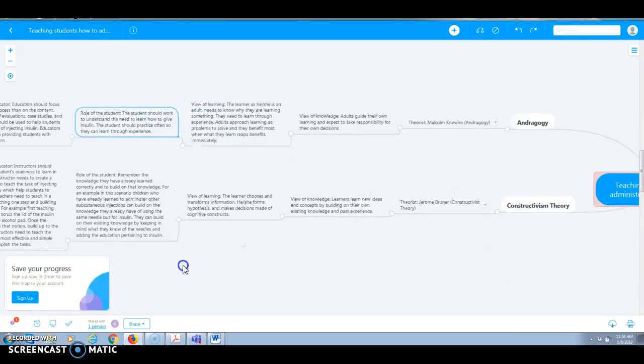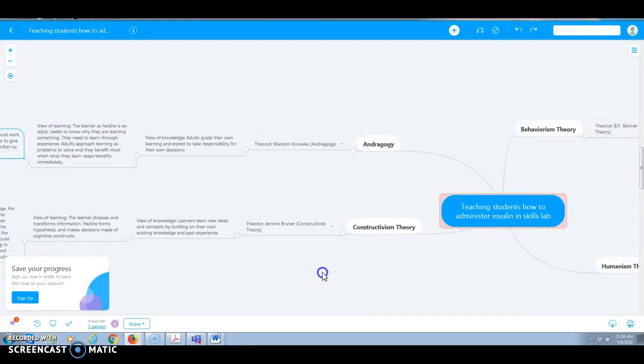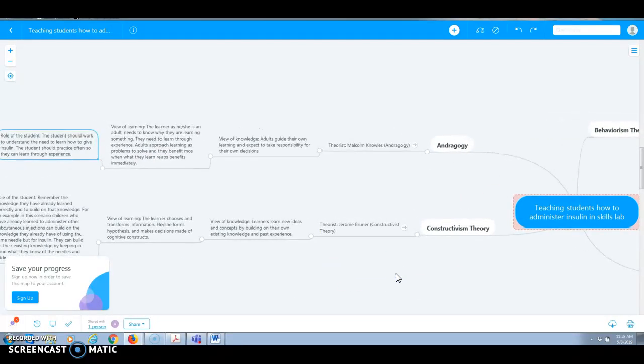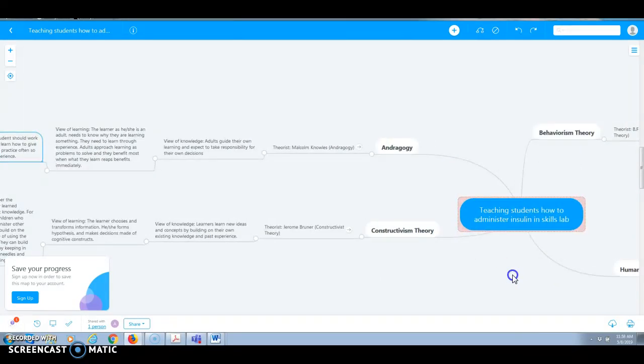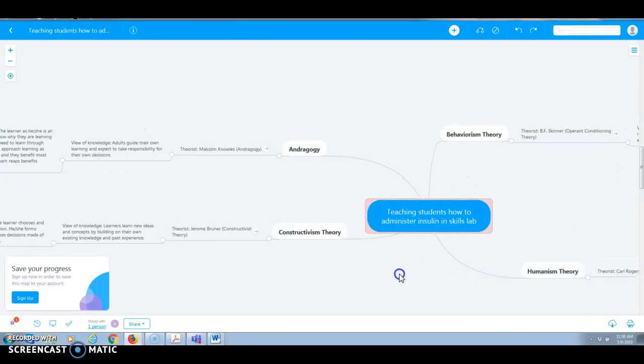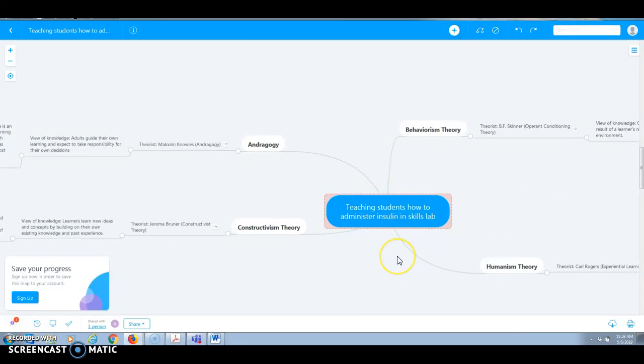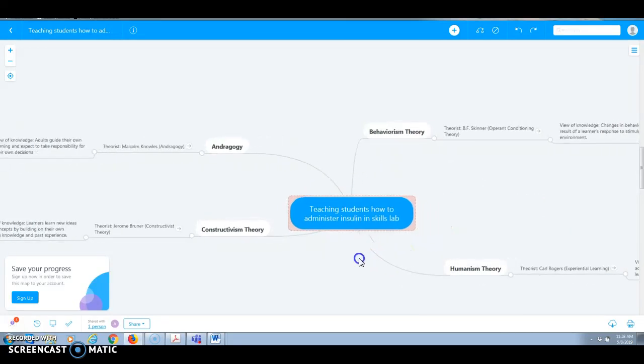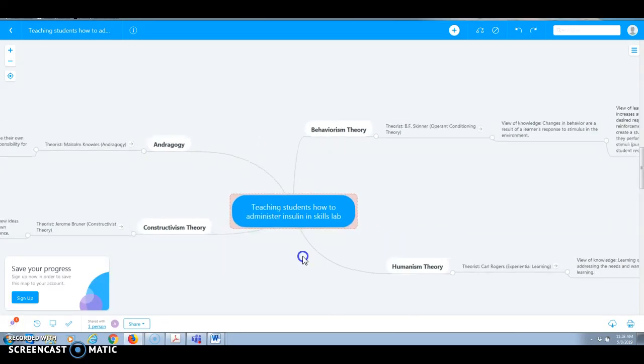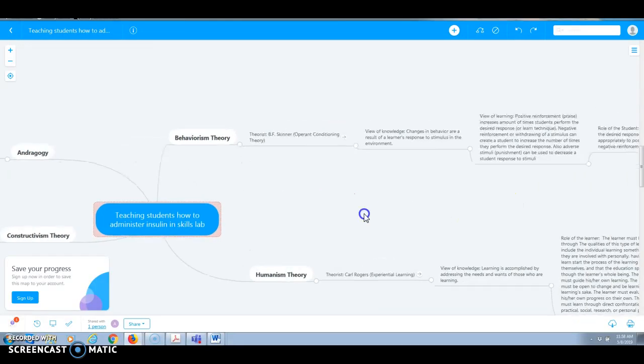So for example, when you're talking about insulin administration, and you're talking about maybe sub-Q insulin administration, some prior knowledge, some prior understanding that entry-level students might have is that prior knowledge of how to give a subcutaneous injection, right? So to build on that prior knowledge of subcutaneous injection, or building on the prior knowledge of glucose and how glucose and insulin act in the body. Maybe that's prior knowledge that they have that you can build on for that particular skill, right?